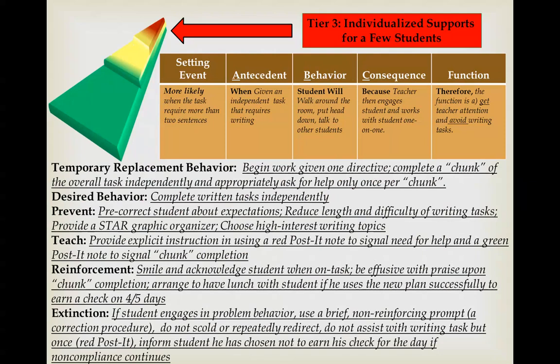Because it's a BIP now, we have reference to both the initial temporary replacement behavior as well as the long-term desired behavior. Temporary replacement behavior is to begin work given one directive, complete a chunk of the overall task, which is a small amount, maybe 1 sentence, independently and appropriately, and may ask for help only once per chunk, right?